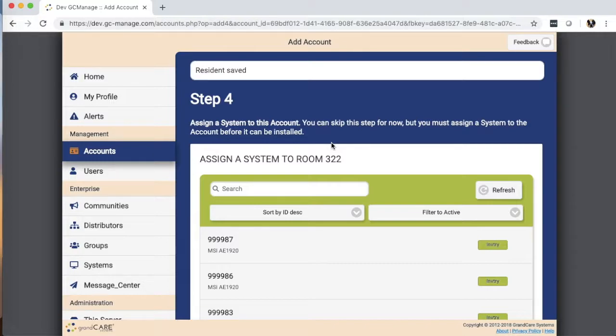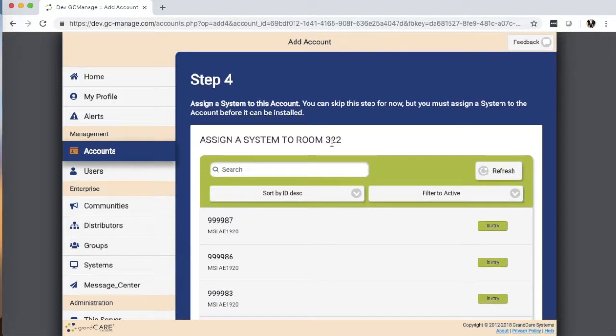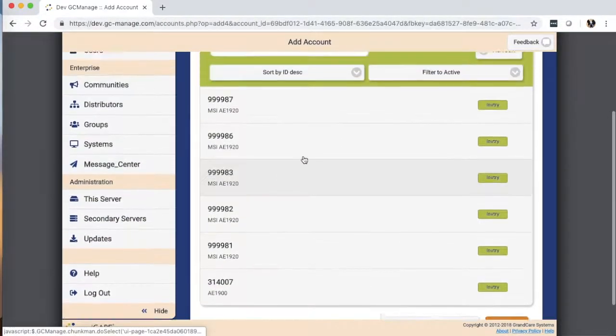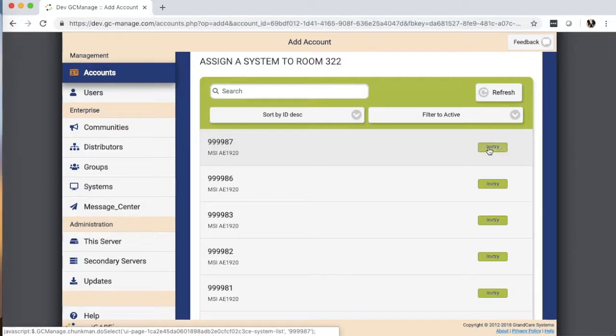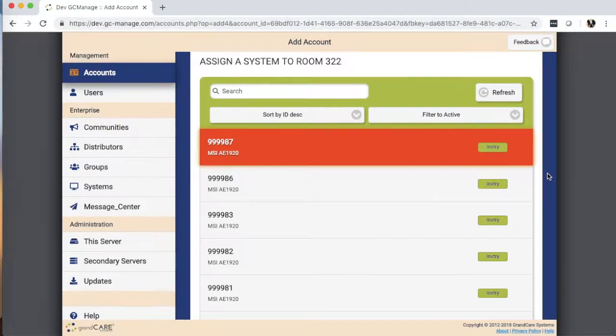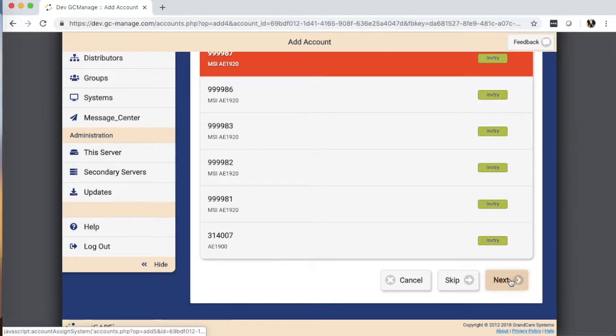Now, this is important. Now, we're making an account, and an account, to be functional, has to be paired with a system. This account has to be told which piece of hardware it's going to live on, at least for now. So here you can see the list of systems that we might put it on, and notice that they all have the status of inventory. So these are systems, and they have a system ID number, as you can see, but they have no account on them. That's why they're in inventory status. So if I select one of these systems to put this account on and click Next,